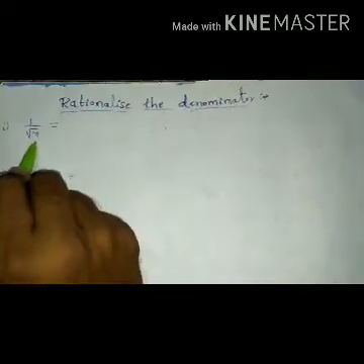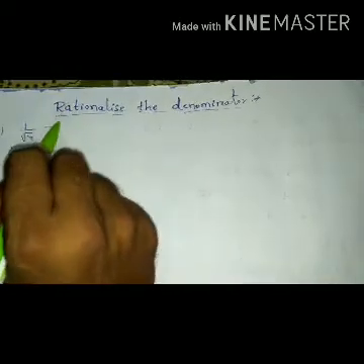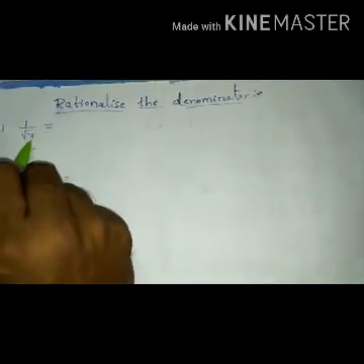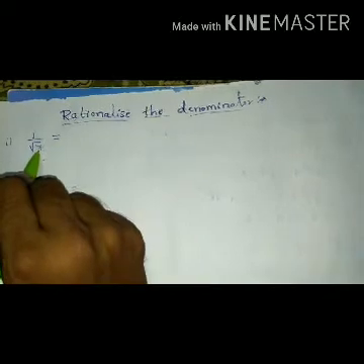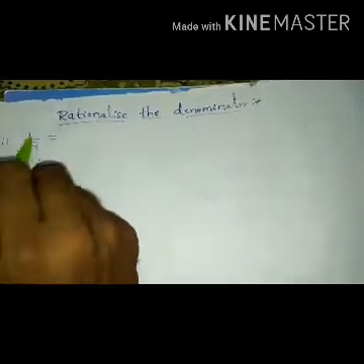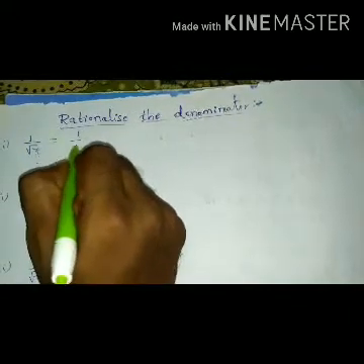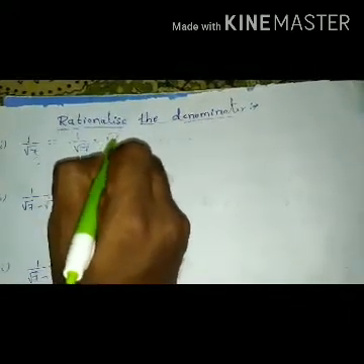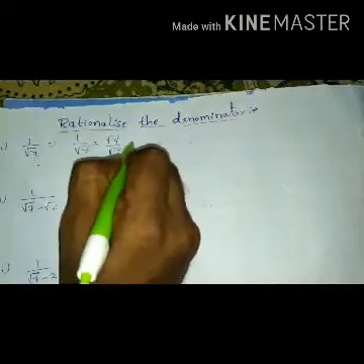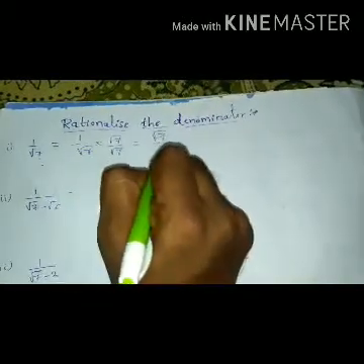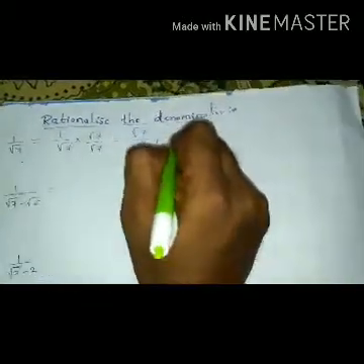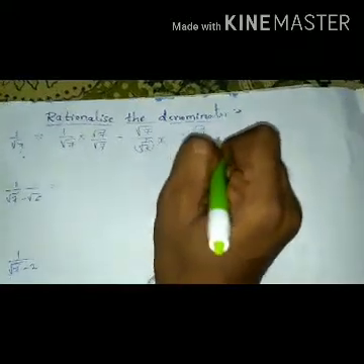In the same way, I am going to explain 1 by root 7. Here the denominator is root 7. It is an irrational number. So rationalization means we make the denominator a rational number. So in order to make this number a rational number, multiply the denominator irrational number by the same number. See here, 1 by root 7, multiply both numerator and denominator by root 7 and root 7. So root 7 into 1 is root 7. Root 7 into root 7 is root 7 square. So these two get cancelled. So we are left with root 7 divided by 7.